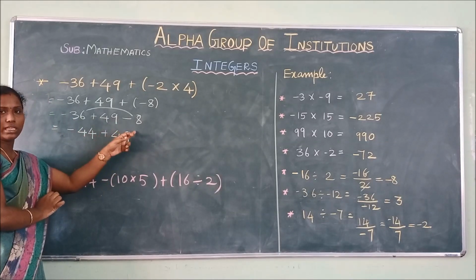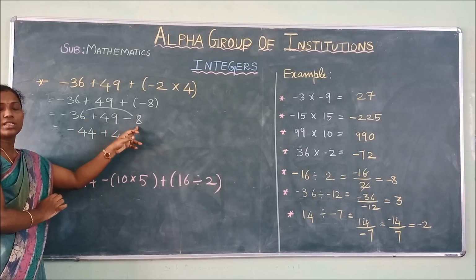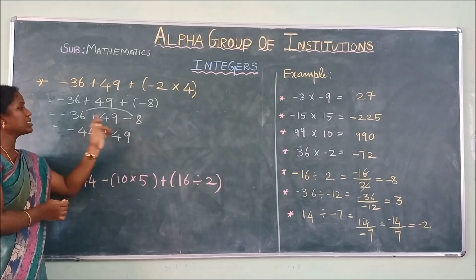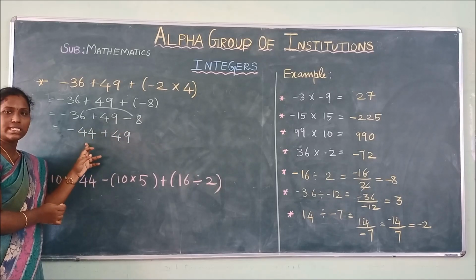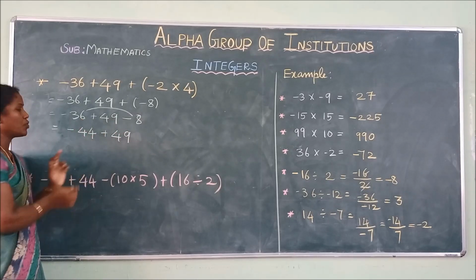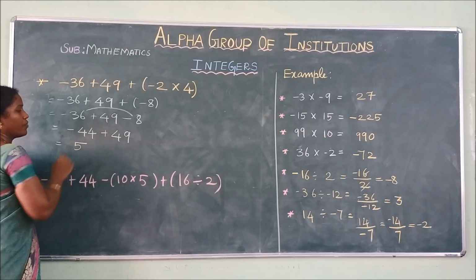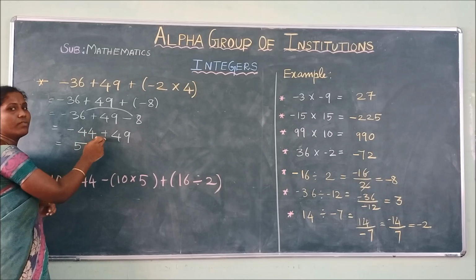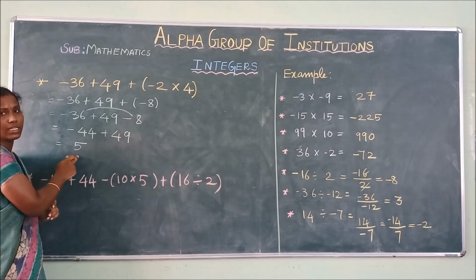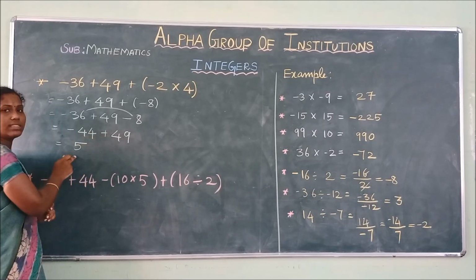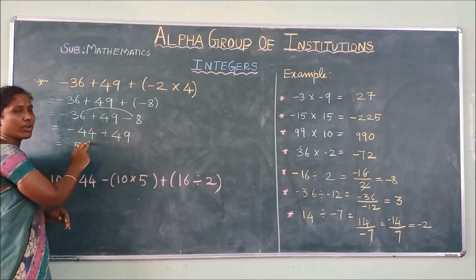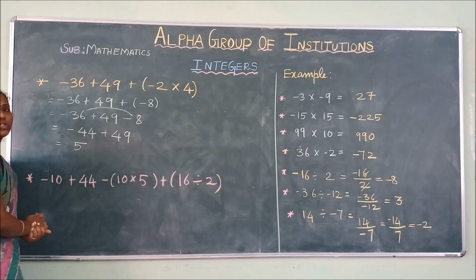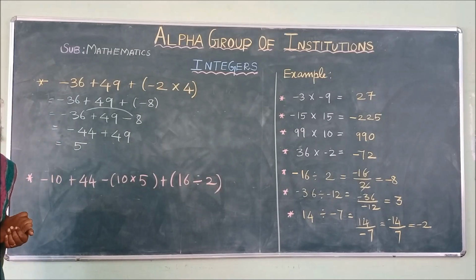Okay, we have three numbers here. I am combining the numbers with the same sign so that I can add these two numbers first. Minus minus means I have to add and put the minus sign. So minus 44 plus 49. The answer is 5, because they have opposite signs. If you have different signs, we have to subtract and put the sign of the greater number. If I subtract these two numbers, the answer is 5. What is the greater number here, 44 or 49? 49, which has the positive sign. So the answer is also positive, plus 5.